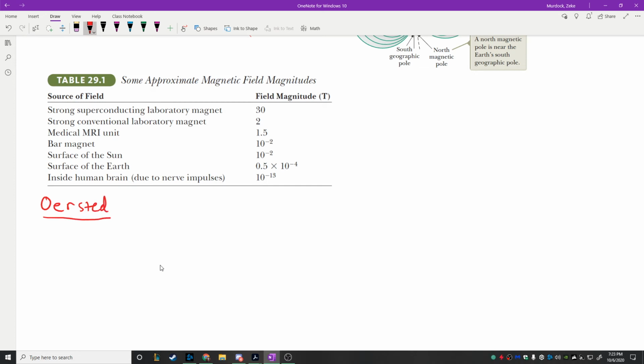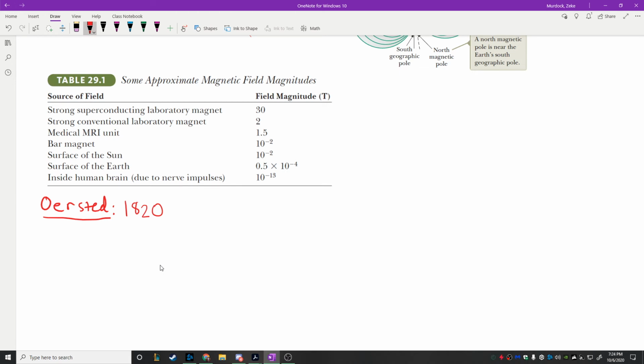Is this the first person to realize this? I don't know. It's the first person in the West, and it's the person that is kind of documented with figuring this out. So in about 1820, I believe, I may be getting the date slightly wrong, but sometime around 1820, not that long ago, 200 years ago, actually,